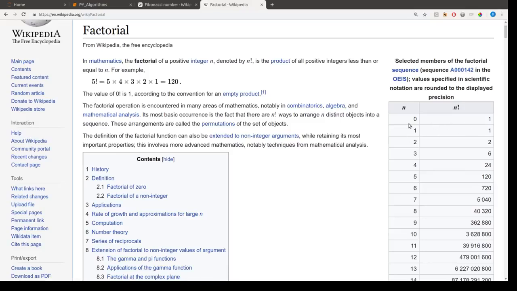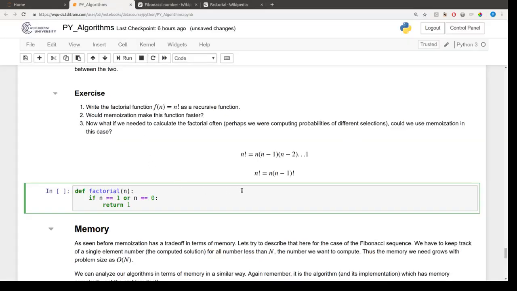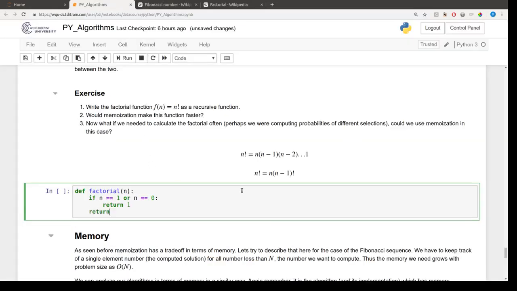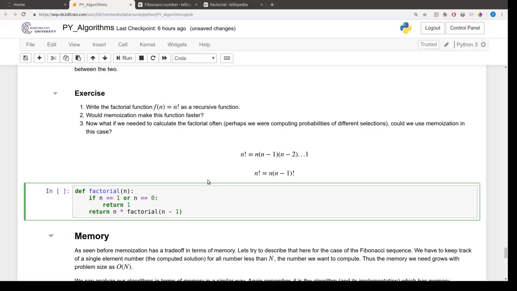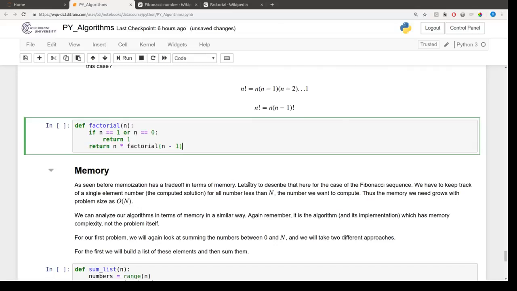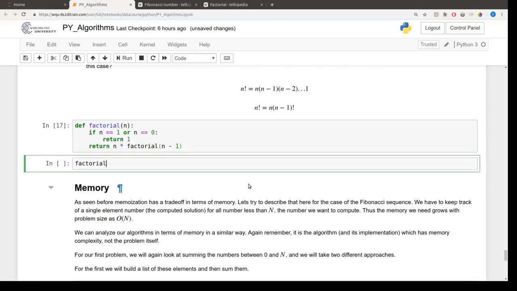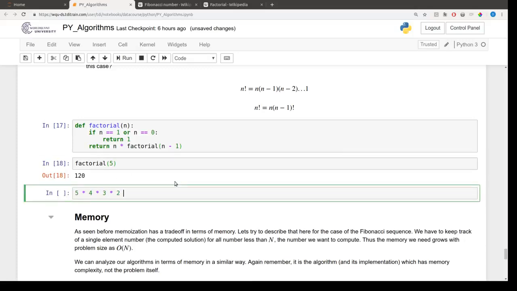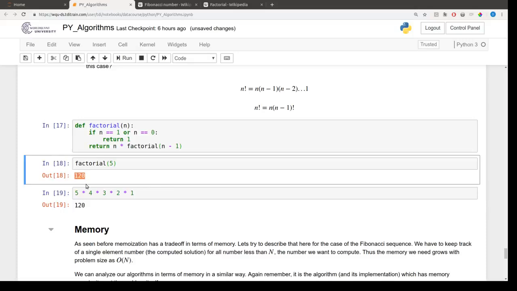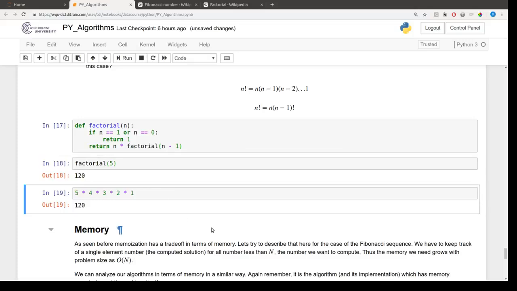And we can see that in this table here. Now, I can otherwise return n times factorial n minus 1. Exactly this recursive formula that we have written here. So n factorial we can write in terms of a factorial. So we'll simply create that recursive call. So factorial 5 is 5 times 4 times 3 times 2 times 1, and that's 120. And we can even check,